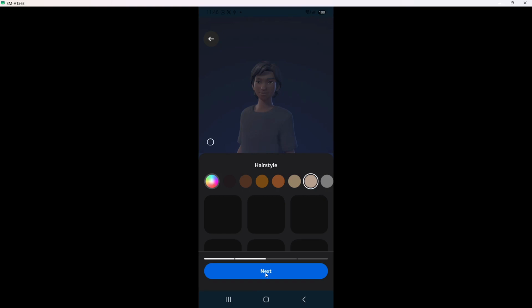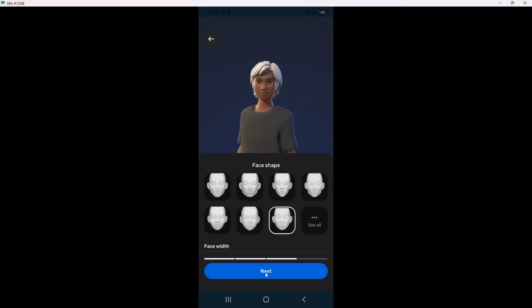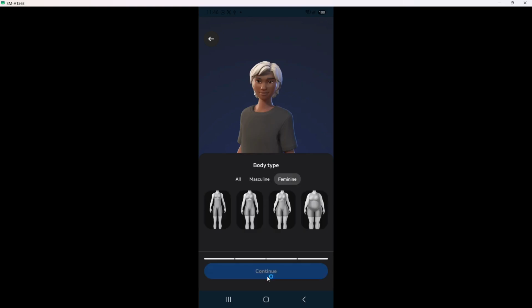After that, adjust your face shape. The face section lets you pick from different outlines that change the jaw, cheeks, and overall structure. When you tap a new face shape, the preview updates immediately so you can compare a few before deciding. If something looks off, just tap another shape. Nothing is permanent yet.